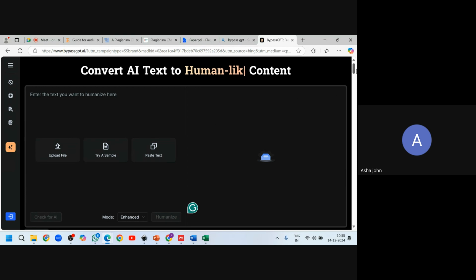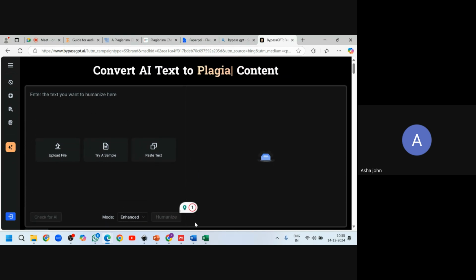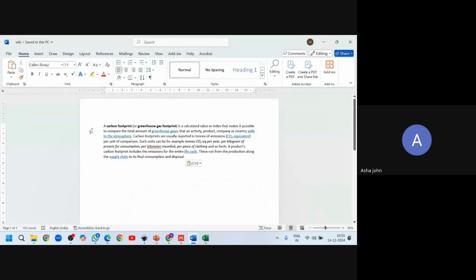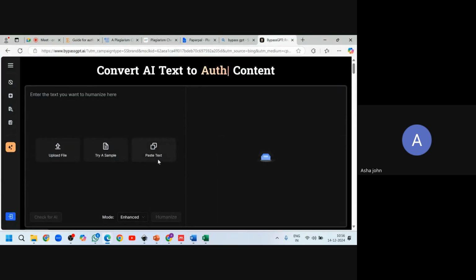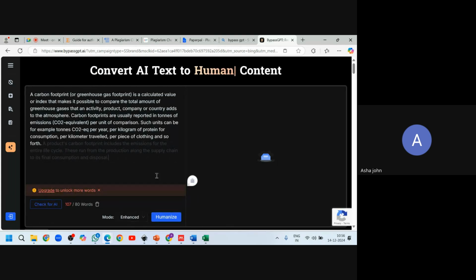Okay, so we are going to go for Bypass GPT and we are going to enter the content here. Let's do that from the Wikipedia. And I'm going to humanize. And here you can see only 80 words are permitted.